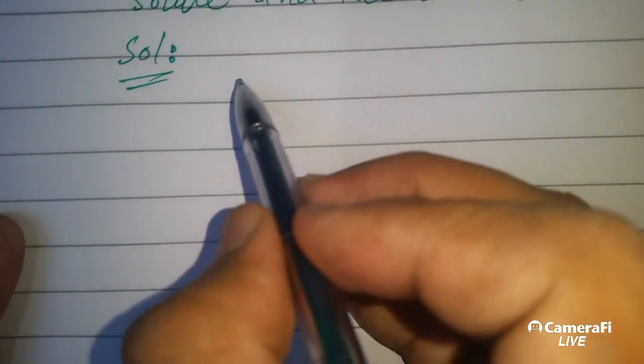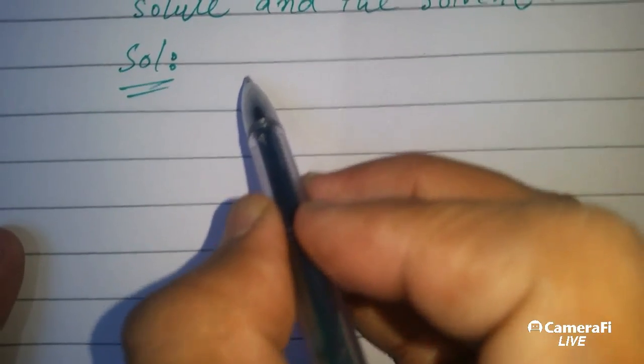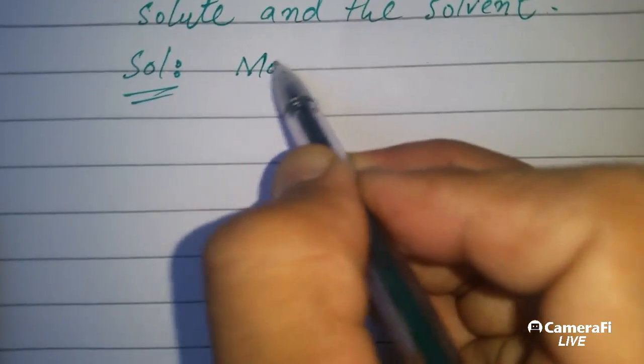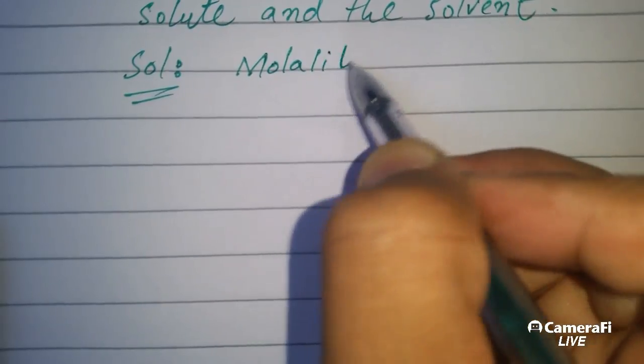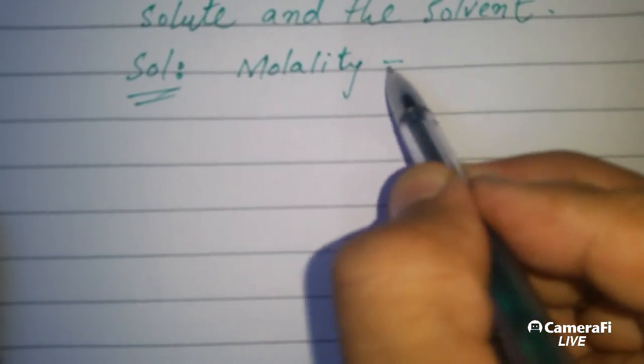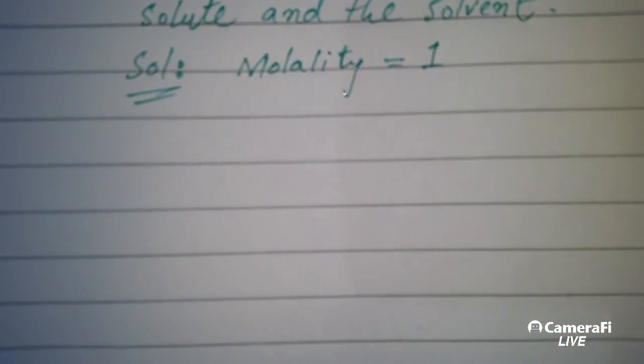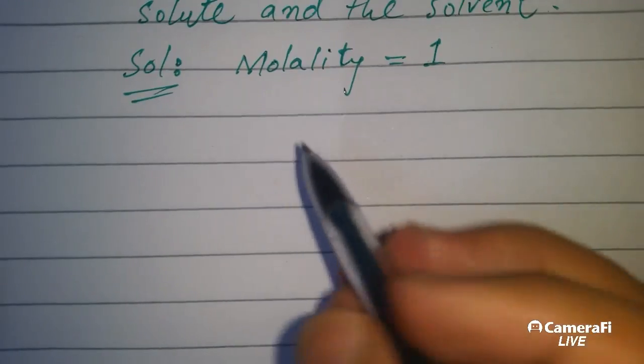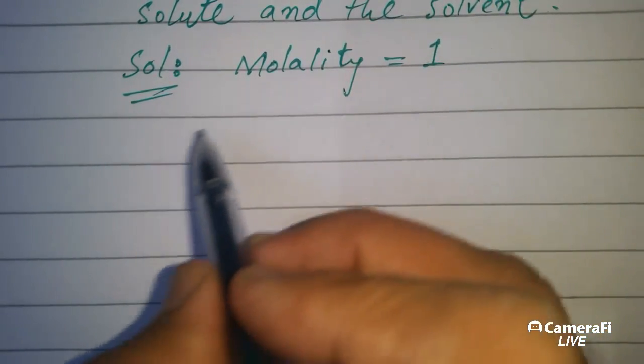So mole per kg, you should remember it: mole of solute and kg of solvent. So here molality is 1, and